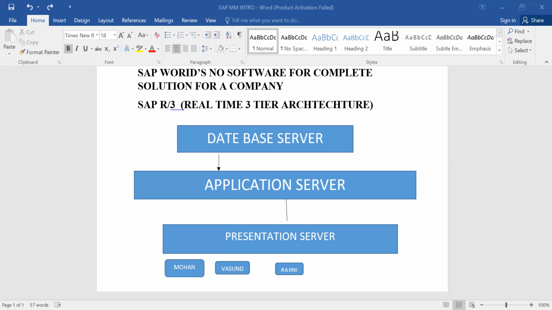Maintenance project means after installing everything, when SAP is running in a company, issues will come. To solve these issues, the company, Jio, will tie up with some other company, Accenture for example, for resolving the tickets. This is called maintenance project.